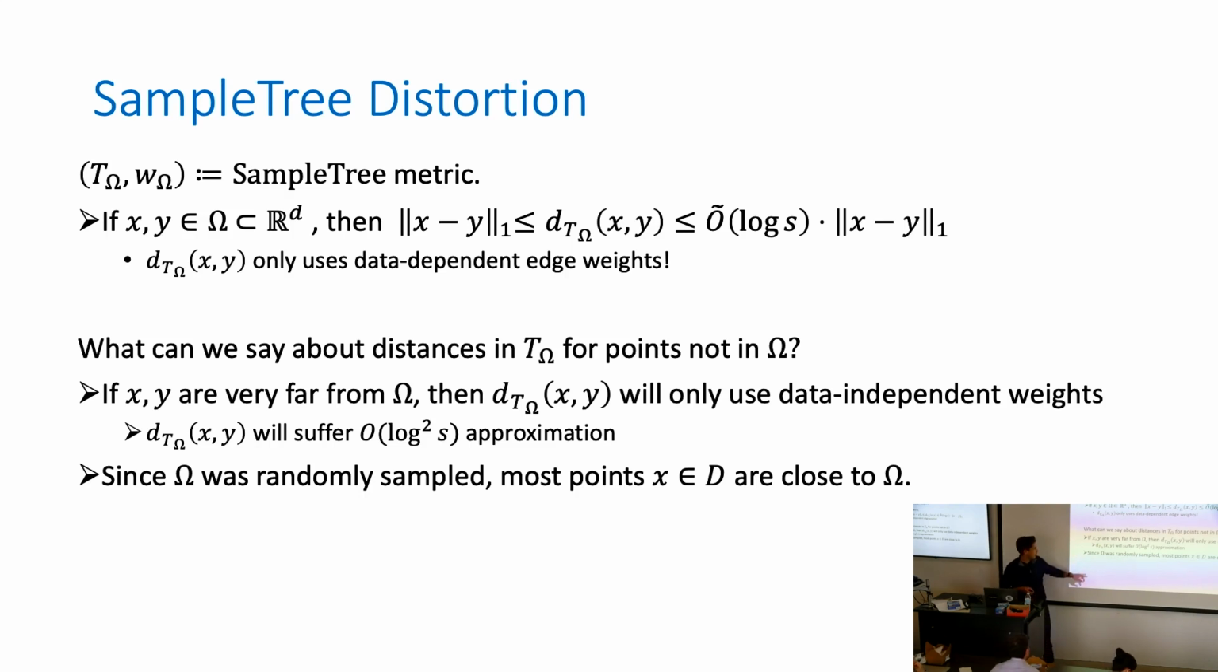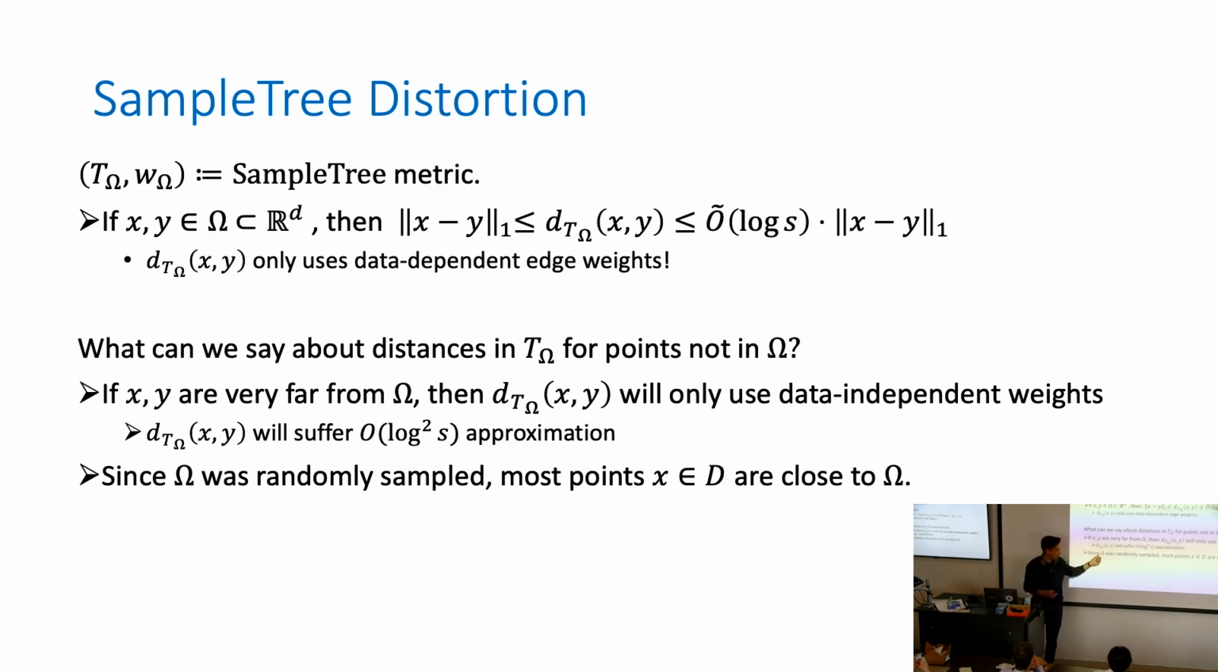Well, first of all, if two points were not in the sample, and moreover, if they were really far away from any point in the sample, then you can imagine that their path in the tree to each other would only use data-independent weights that didn't have any samples in them. And so their distance might as well have been the original distance from the earlier Indyk and Thaper paper. So these points are going to get a log squared S approximation. So already we know that this construction is not going to be enough, because far points are not going to get a good approximation. But